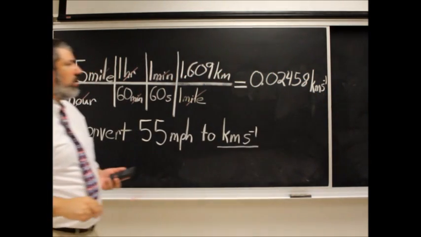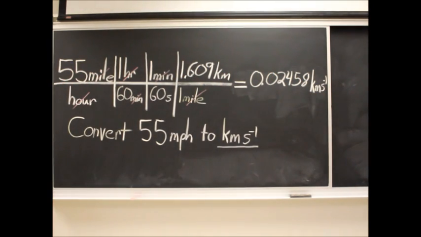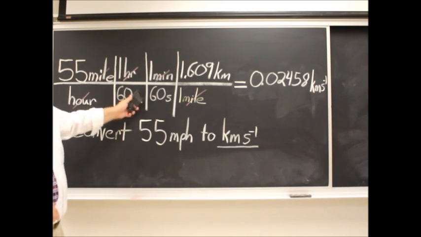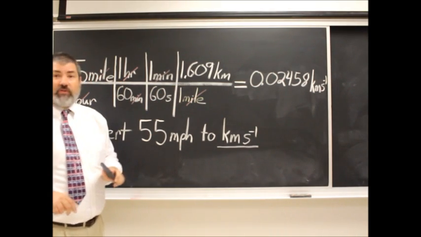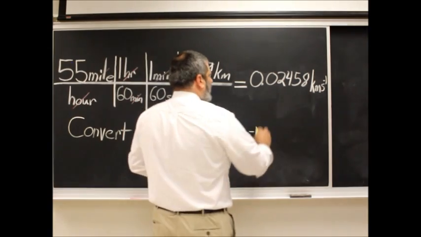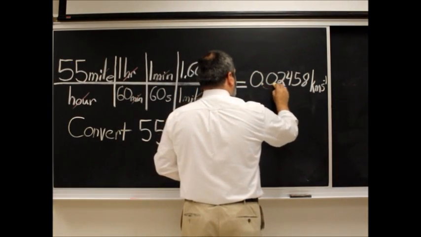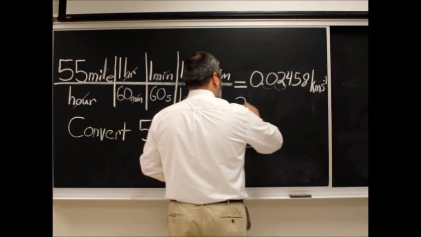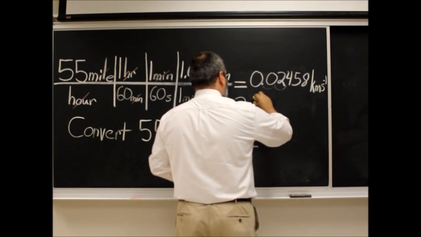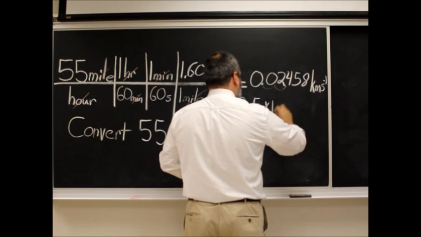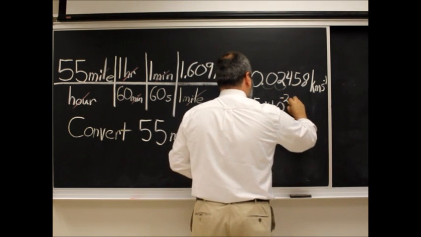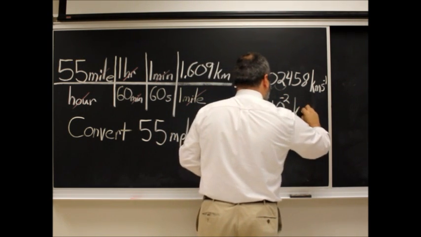So I got 0.02458. In the case of significant figures, well, we started with 2 significant figures, 55 miles per hour. These conversions are exact, except for this, but that's 4 significant figures. So, 1, 2. So this would be 2.5 times 10 to the negative second kilometers